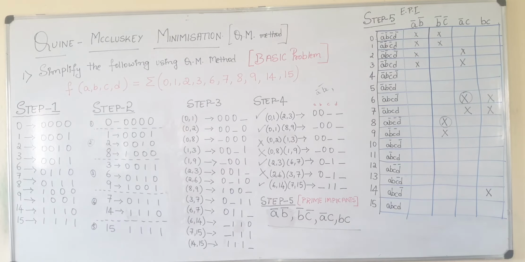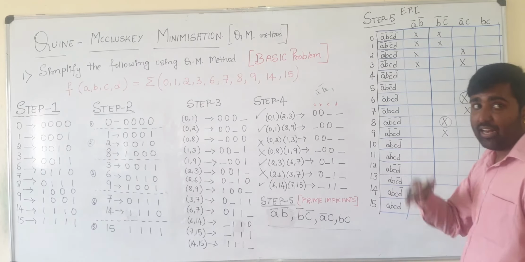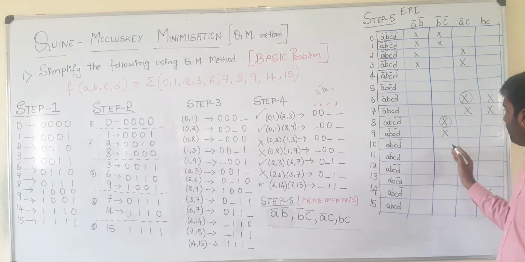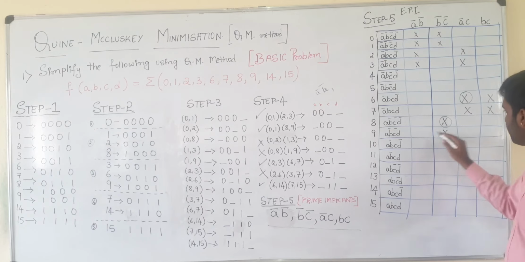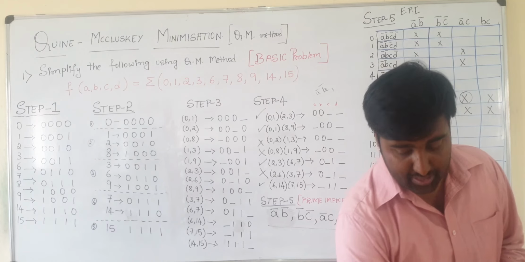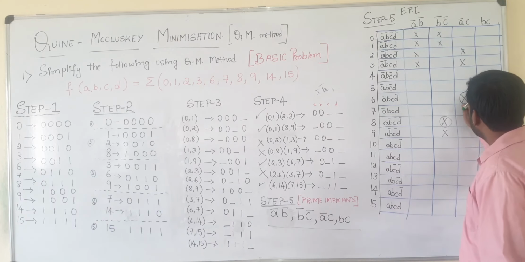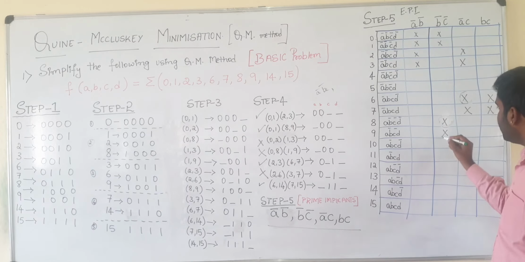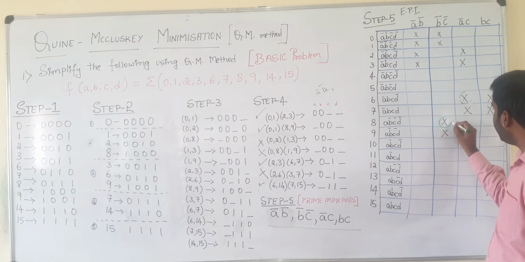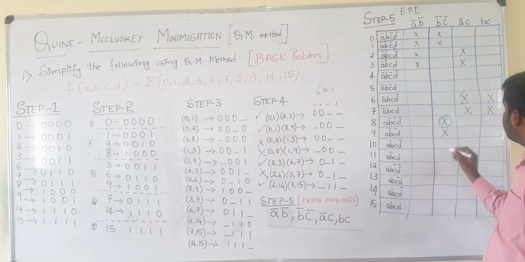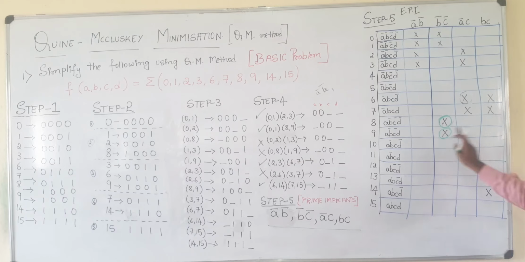Are you able to visualize? I'll repeat the problem once again. So coming back to this, whichever column is not having any subsequent elements, compared to one which is having subsequent elements. So if you find that, I could tell that this particular digit, that is B bar C, is not having any, I am coloring it, there is no subsequent digit with it. Here it is not having any. Here it is not having anything.